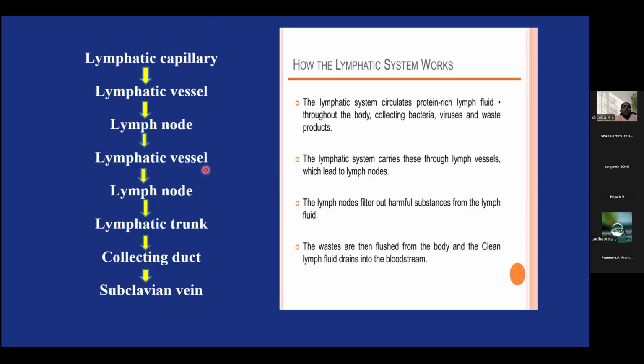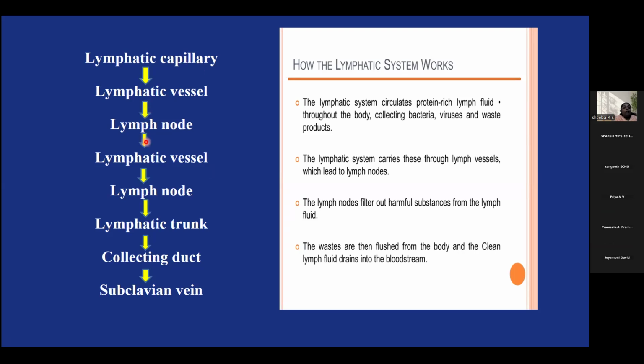So this is a flow chart. This is how our lymphatic system works. I already said the lymphatic capillaries are there in the interstitial tissue space. Wherever the arterial capillaries and the venous capillaries are communicating together, there is a chance of oozing out of fluid-like substance into the interstitial tissue space. That fluid is absorbed with the help of lymphatic capillaries,